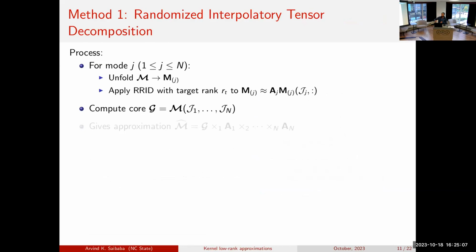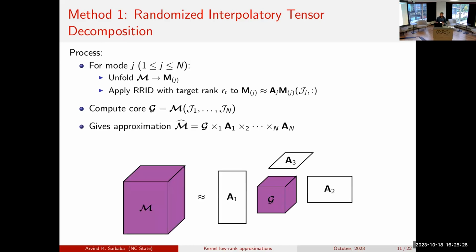When you have to compute the core in a HOSVD style, you have to compute the orthogonal matrices times the full tensor. So you don't have to do that in this case. You just have to go to your tensor and extract the appropriate entries. So that's one reason why it's very good. So that's the final approximation you get.